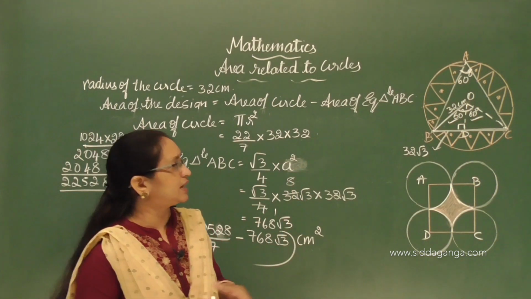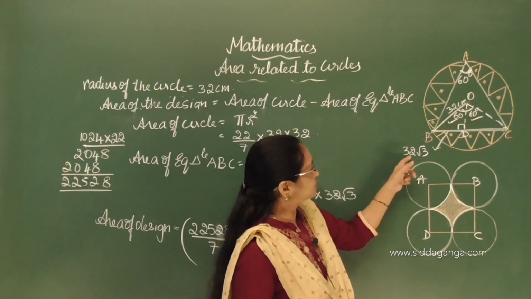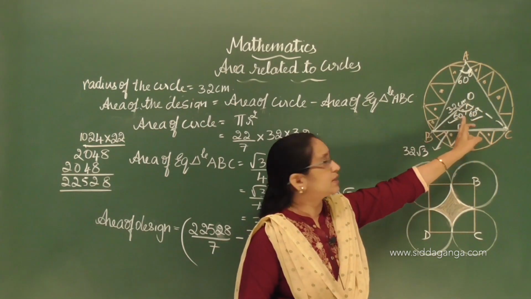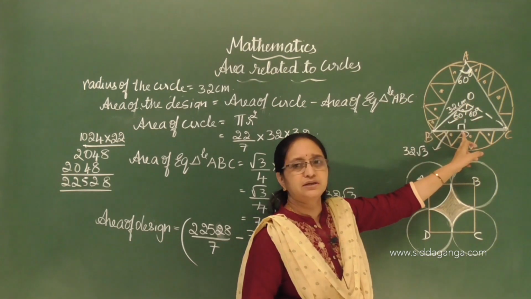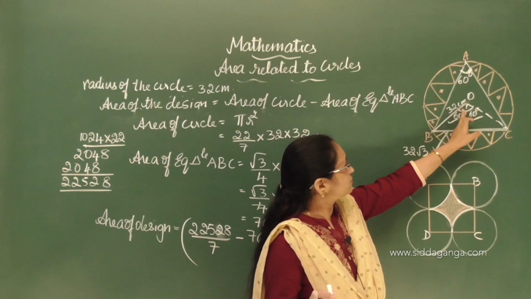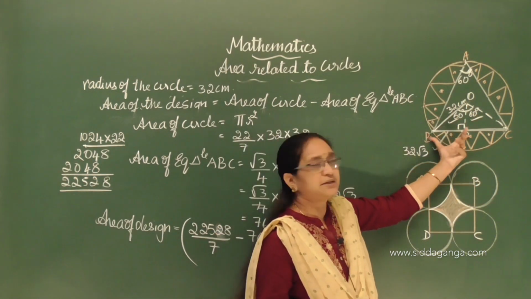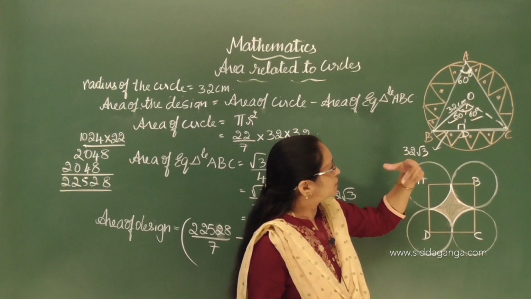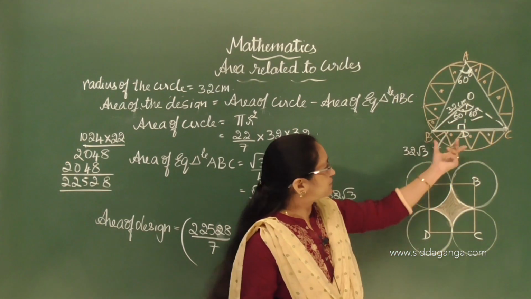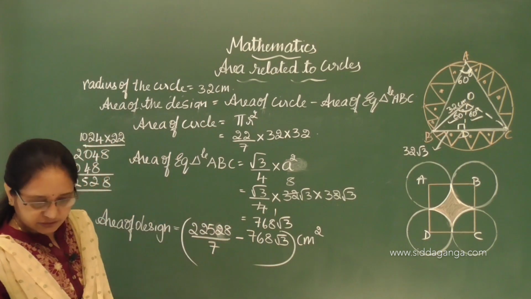But since we didn't have the side BC, they had not given the side of the equilateral triangle, we need to calculate. How to calculate? Again by using this same concept, that is by drawing a perpendicular and proving that these two are congruent, and then dividing, this is 60 degree, then by using the trigonometric ratios we got BD. So BC is equal to 2 times BD. So because of that, twice of that side. Okay. So like this we got the answer.